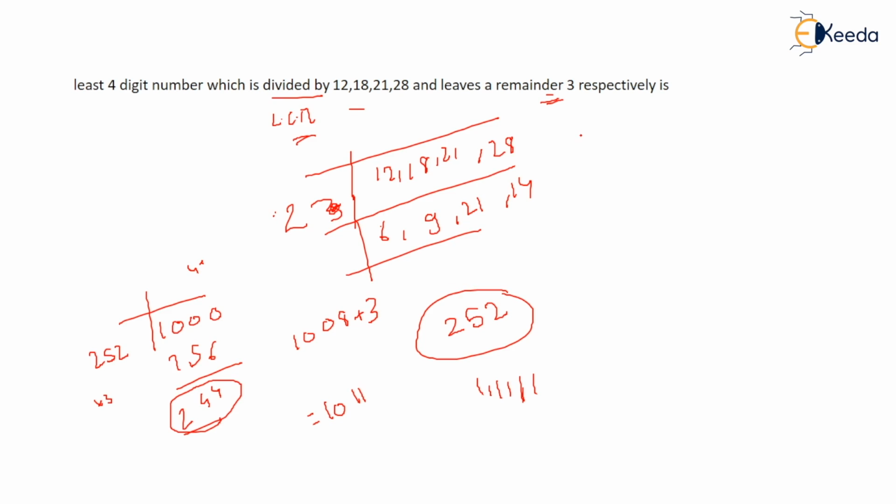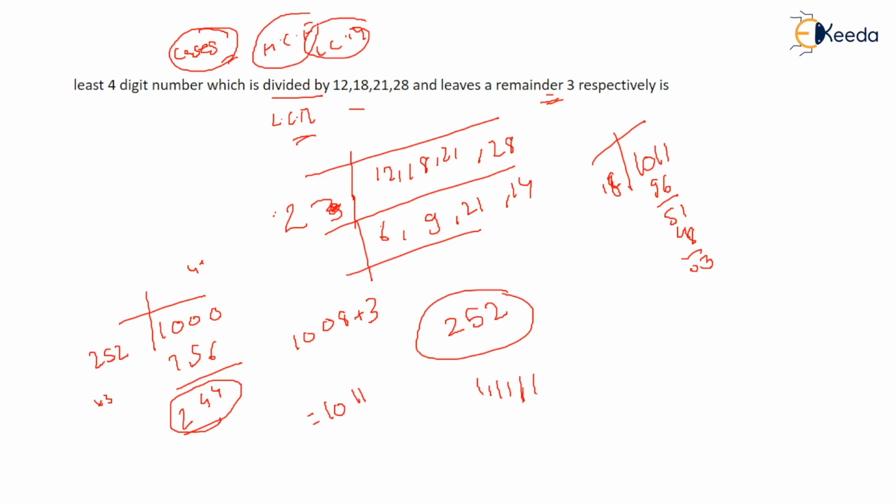So 1011 will be the number which, when divided by 12, 18, 21, and 28, leaves the same remainder. You divide by 12, 96, 51, 48, 3, right? With 18 also the same thing comes. You divide by 18, 90, 11, one more 11, 108, right? 3 also comes in that case. So this is how you need to do it. You have to remember the cases, right? Cases are very important in HCF and LCM. If you know which case to apply, you can easily solve it. If you don't know, then it might trouble you. So it's all the game of cases.